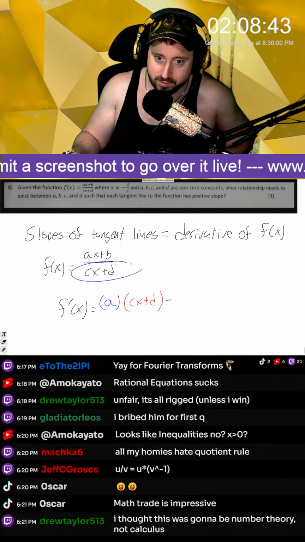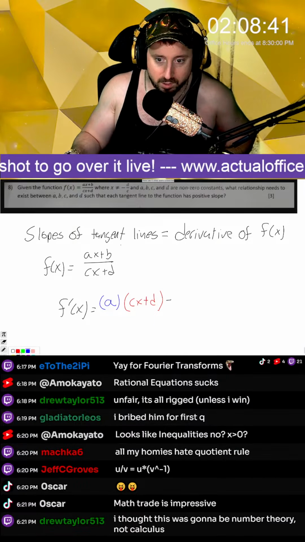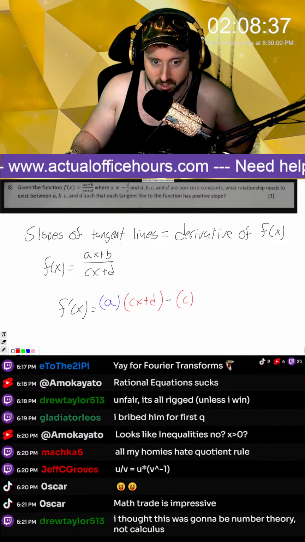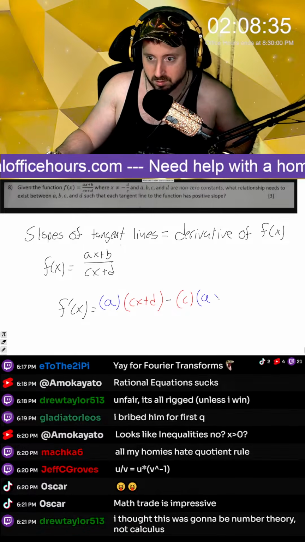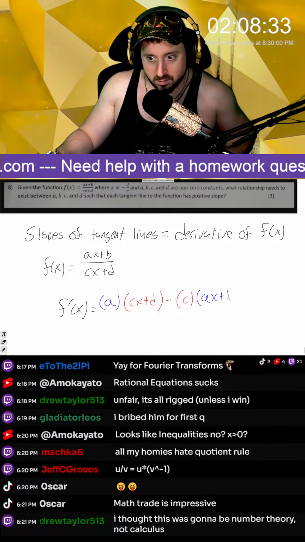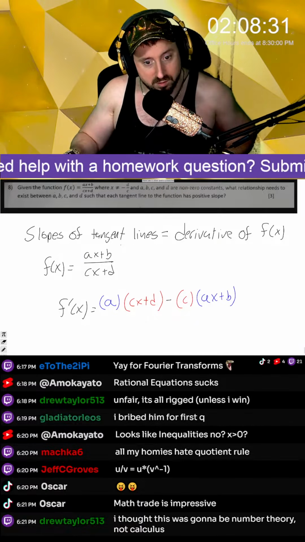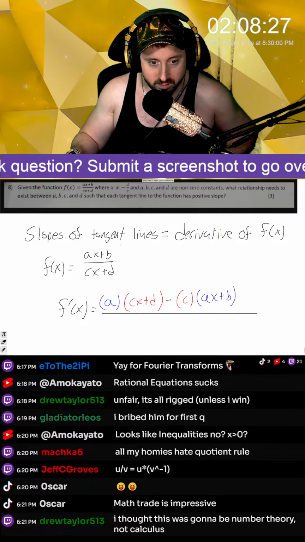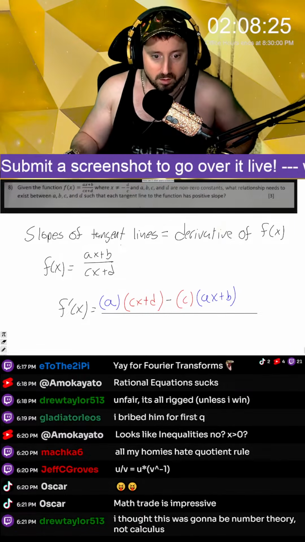All right, and then derivative of the bottom, which would just be c, and then just times the top. So ax plus b. And then all of this is now divided by the bottom squared. So this is all divided by cx plus d